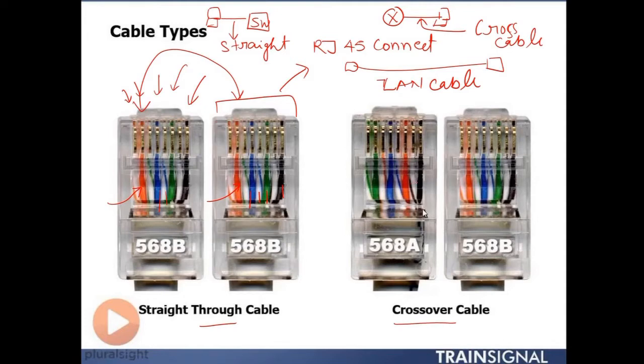When the sequence of the colors is changed, you see that the first one is green here, and this green has been inserted somewhere else. The blue is in the same place as here, but the orange has also changed right here. So the main thing is that it has been changed here, and this is the original place. Here it is the same, and in the first part it has been changed. That is the difference between the crossover cable and the straight through cable. Not to worry too much.